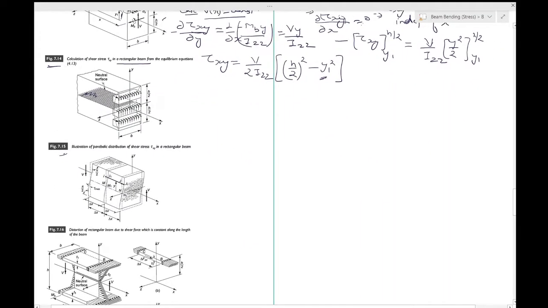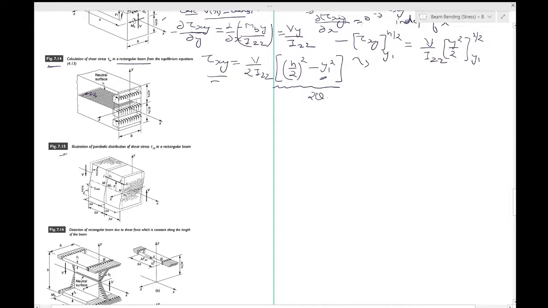So the shear stresses have been found out, and can you see how this tau xy compares with the earlier case in which the rectangular system was not taken? It was taken as 7.25, VQ by Ibz. So V by Izz is common, b is also common. Basically, this particular thing is equivalent to